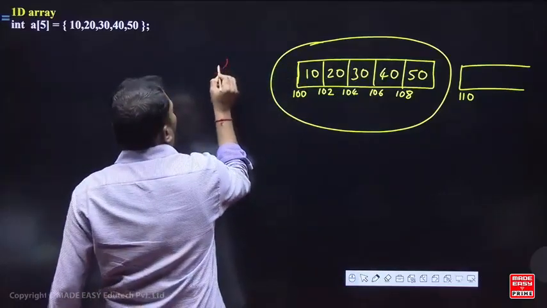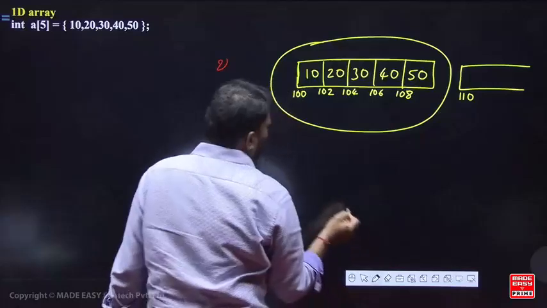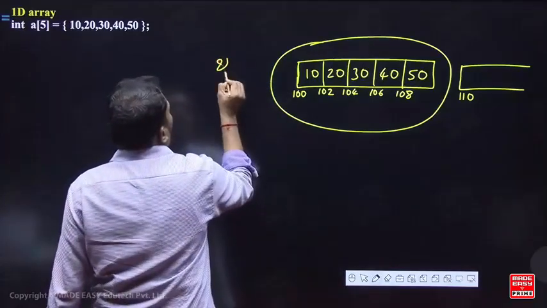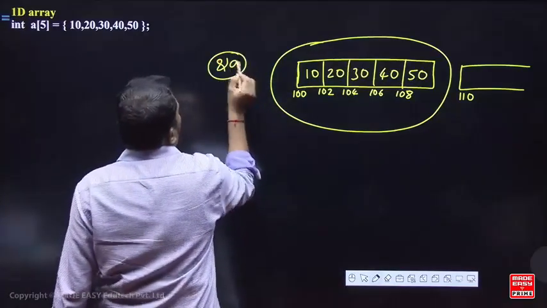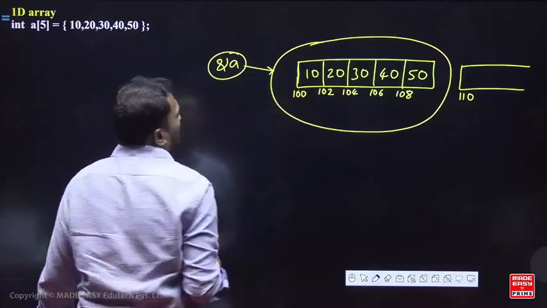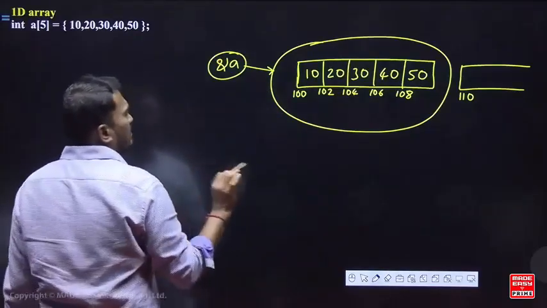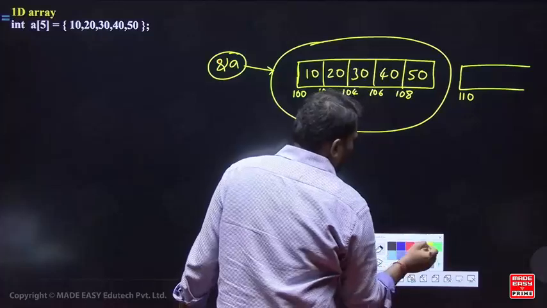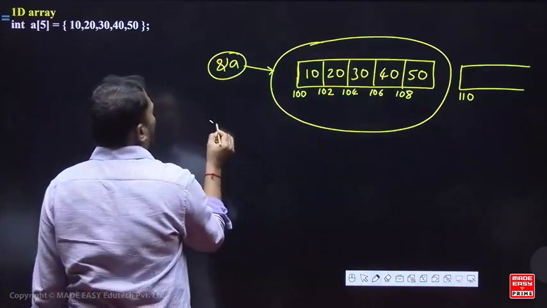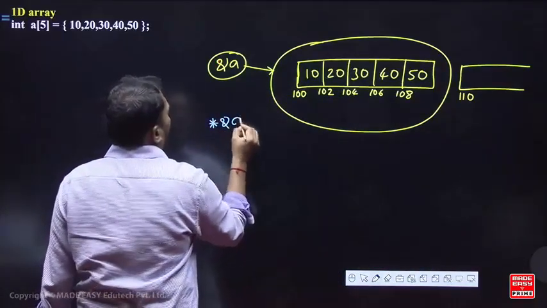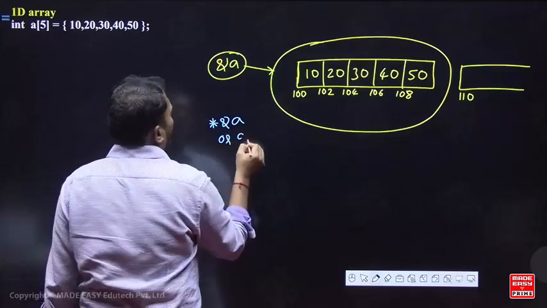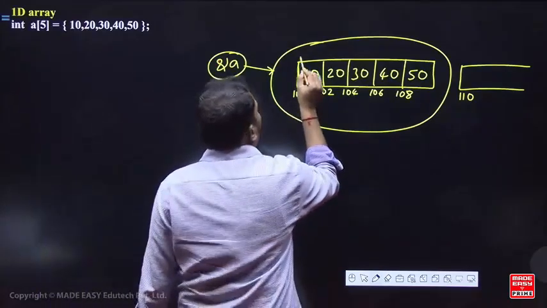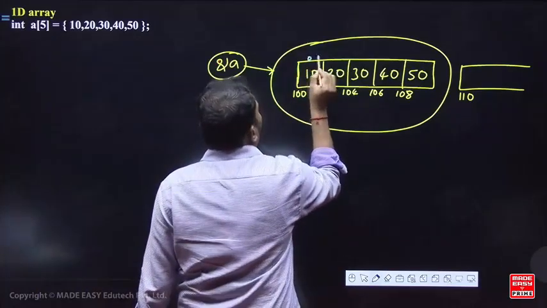If I say ampersand a, it is going to point to the entire one dimensional array. Next, let me use a different color. If I say star ampersand a, or star a, it is going to point to the 0th element,